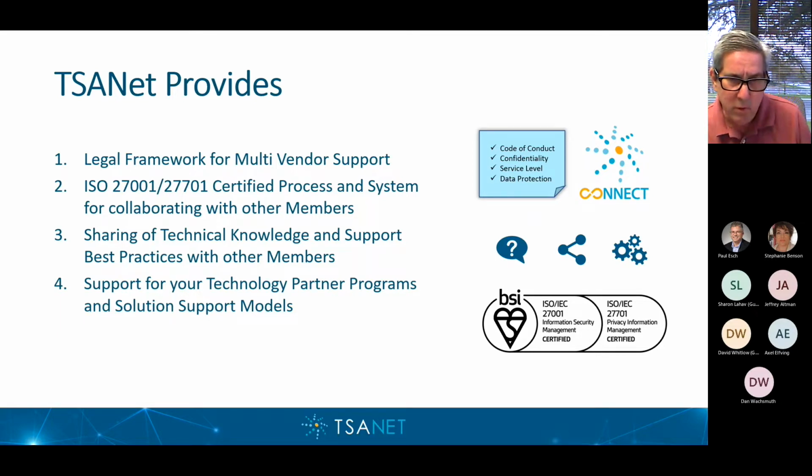We've also provided a platform for you to be able to engage or acknowledge tickets from another member company. That process we've just gone through in the last couple of years, and it's ISO 27001 and 27701 certified.